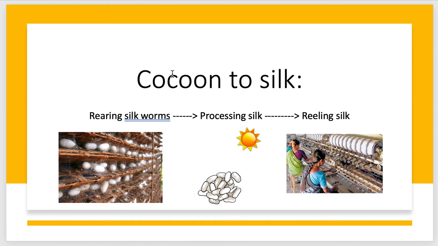So actually, nobody knows the exact time when silk was discovered, but according to a Chinese story, there was a queen, or rather an empress, called Si Lung Chi. I know that's a funny name, but her name was Si Lung Chi, and there was this emperor called Huang Ti. I know both are very funny names, but this is just a part of the story. So the empress was Si Lung Chi, and the emperor was Huang Ti.